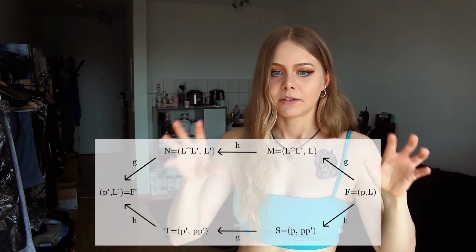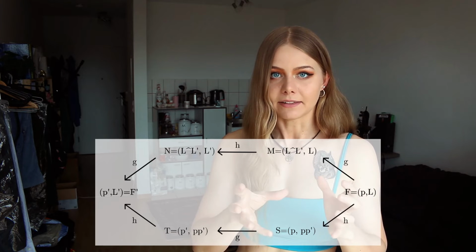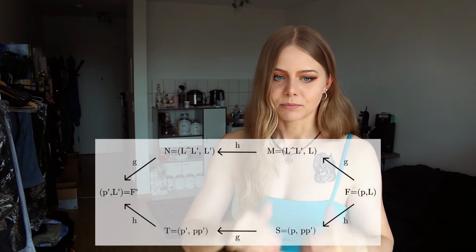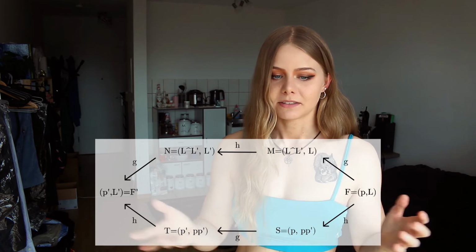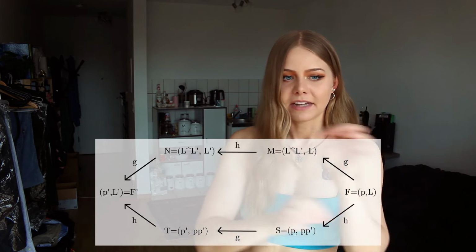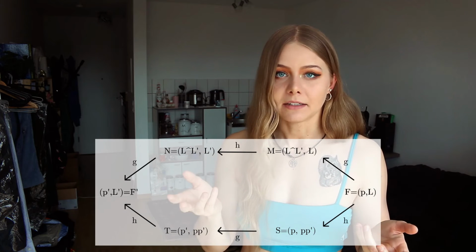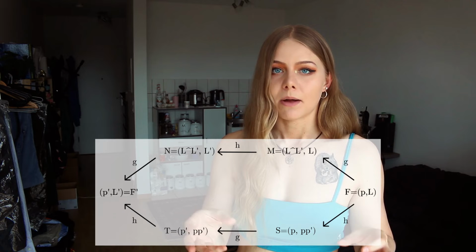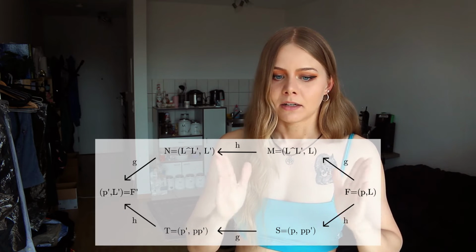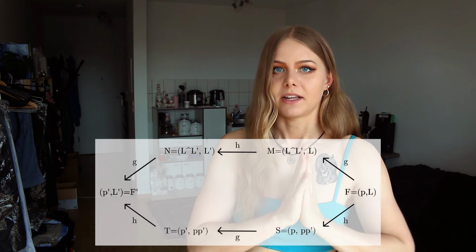Of course, if the two flags are already the same, then we have distance identity, which corresponds to 0 distance. And if we don't have to change so much around because the flags already have a line in common or a point in common, then we of course get the word with less word length.